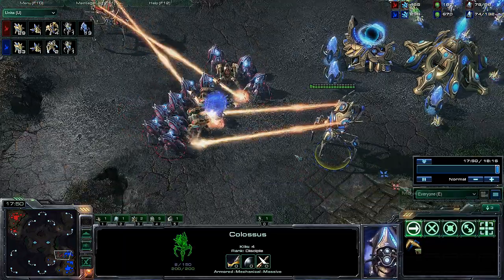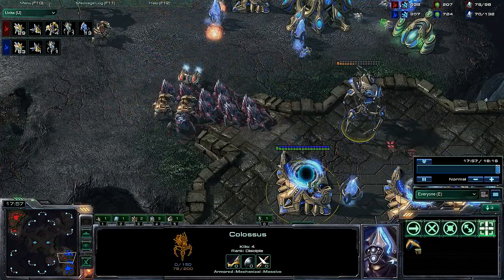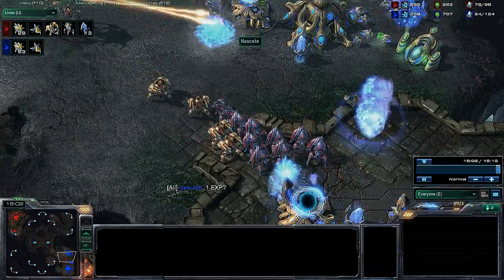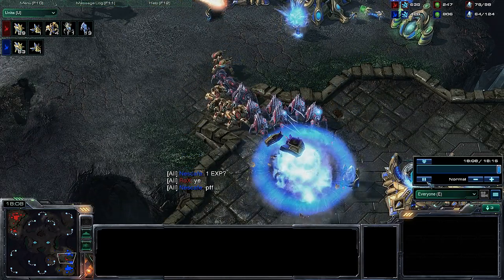Yeah, and I think that's GG. I mean, Blue lost his whole army. He's maybe trying to once more warp in units, but it's too late, and Rox, I think, just has to bring down this Colossus. And here Blue is on 1 expansion, and Rox is, yep. And this